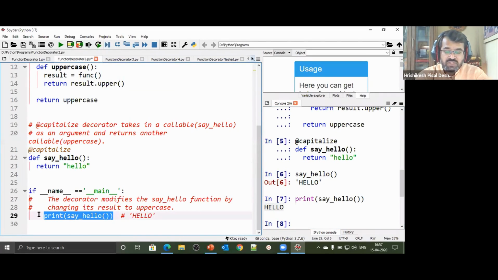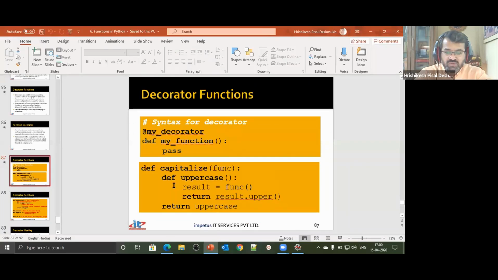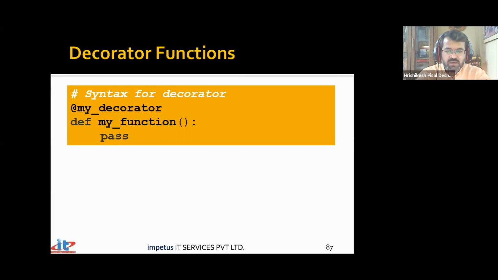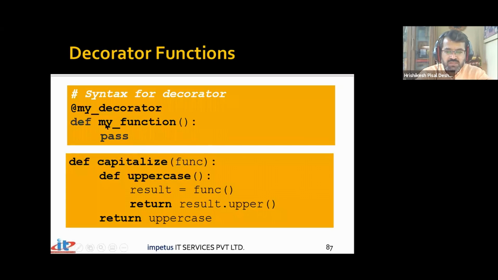Now the behavior of the function is to return the text in uppercase. So we saw this use of decorators, how we can use this @ notation. Such syntax was earlier not available in Python. Earlier, we had to call that function and do all those things. Now we can just decorate. So this is a decorator.